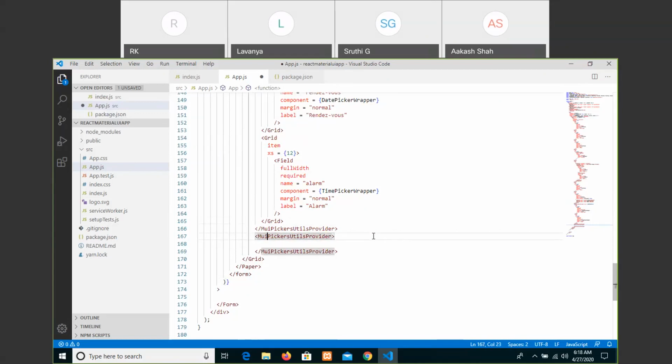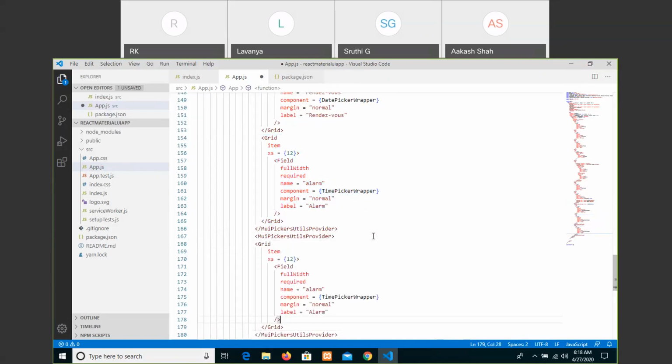And then in the grid, so let us write item.